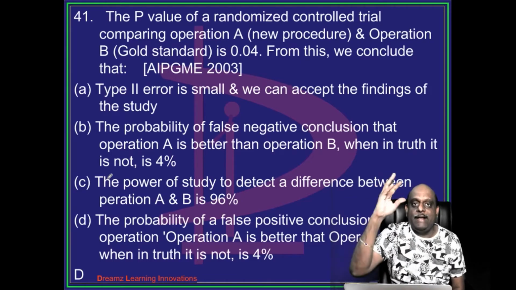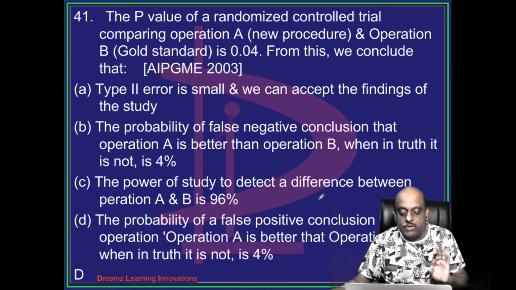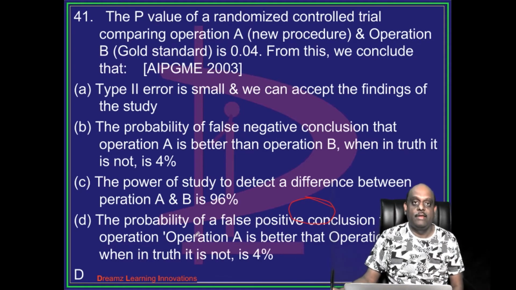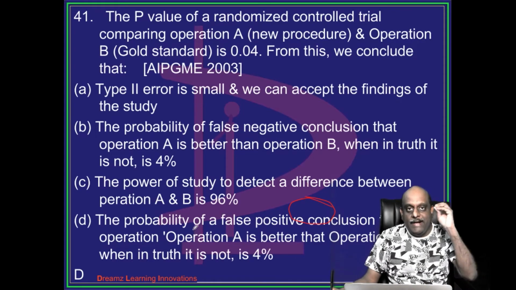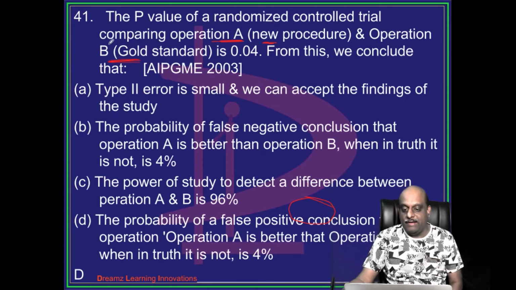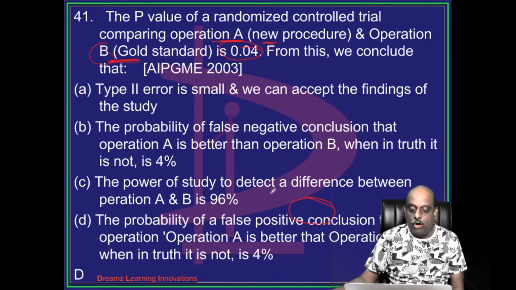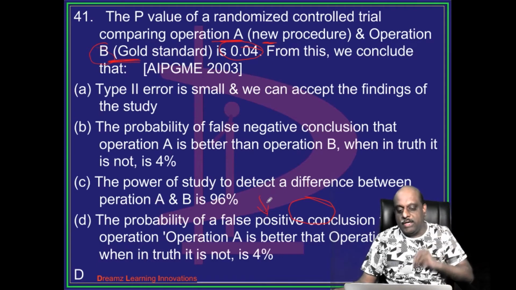The probability of a false positive conclusion. You are comparing operation A, the new procedure, with the gold standard, operation B. So p-value 0.04 means the probability of a false positive conclusion